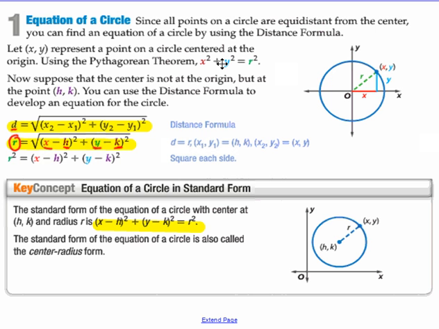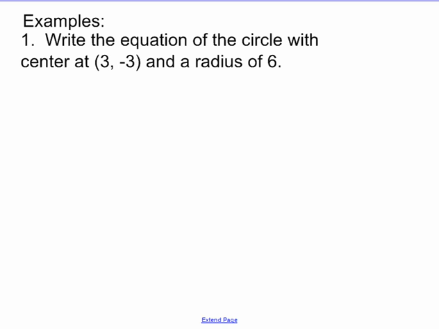Okay. So it says write the equation of the circle with the center at -3 and a radius of 6. So what we're going to do is plug those numbers in. This, of course, being the x, and this is the y. So the standard form of this is going to be